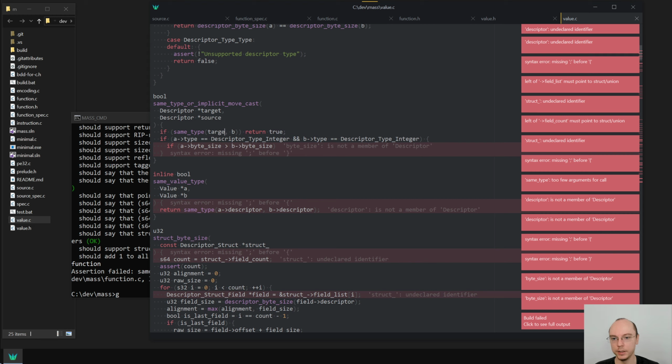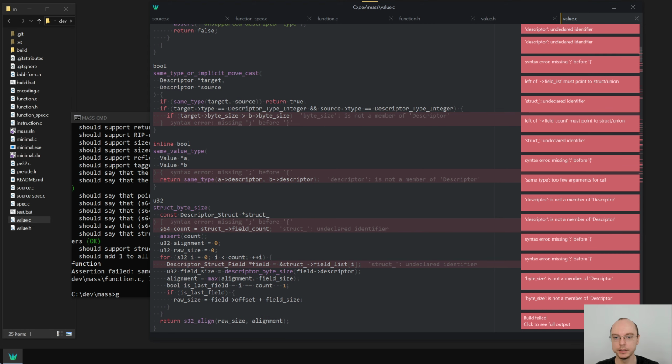So if target and source are the same type, that is very good. If target type and the source type are integers, if target byte size is more than source byte size,